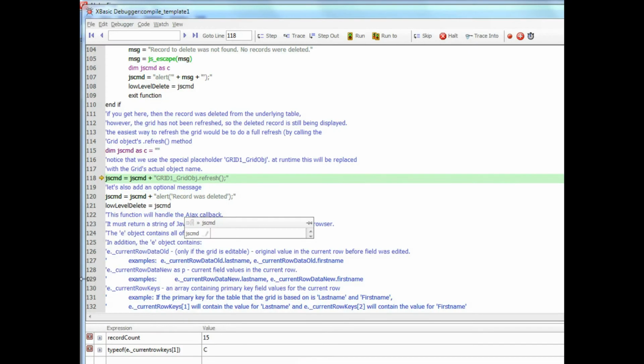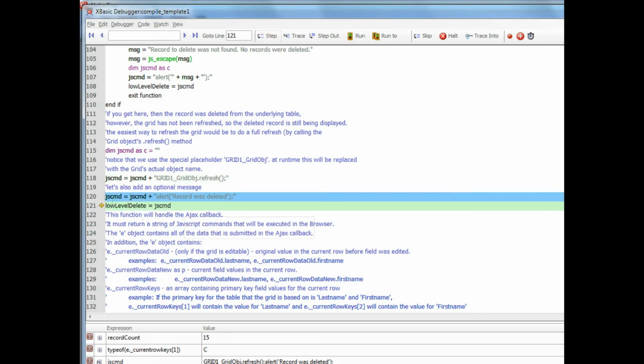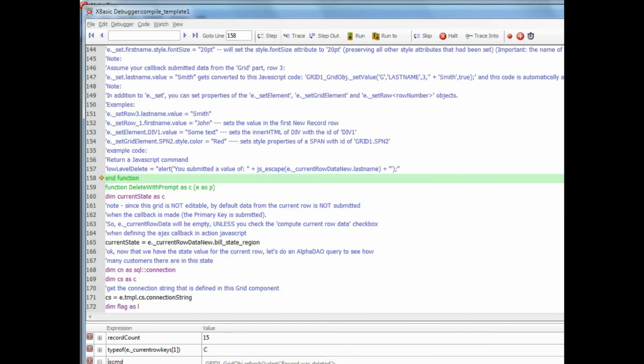So let's continue our discussion now on this custom Ajax callback, and you can see now that the command that we're going to be sending back to the browser is this: grid.refresh, which is going to refresh the grid, and then you can see the semicolon, which is the delimiter between JavaScript commands, and then the next command, which is alert record was deleted. So if we go ahead now and say run,